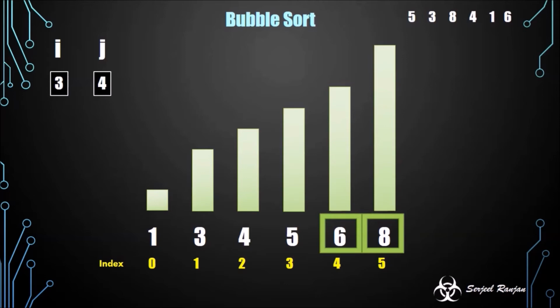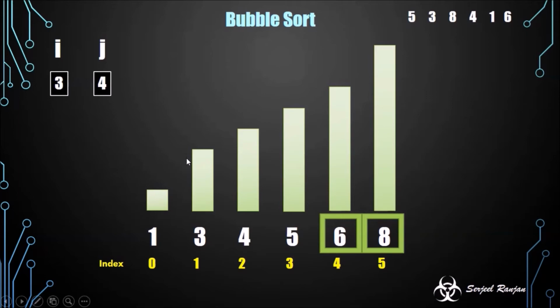So again one more traversal is complete, and our next largest element, after 5, was 4, right? So now 4 has come to its respective place, that is the second index. And now you can see logically, you can observe that the array is already sorted and we don't need to check any further. But the way we analyze is, we already said we have to traverse 6 times over this array, then only we will be sure that the array is sorted.